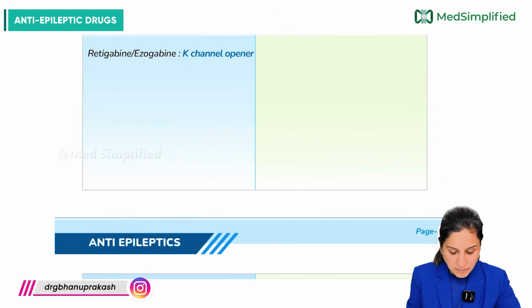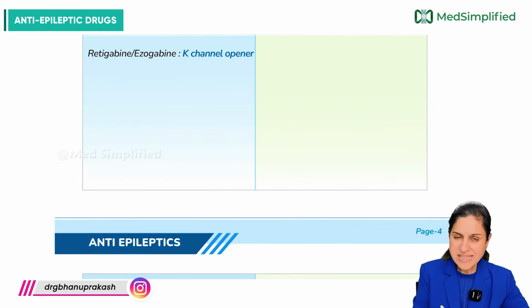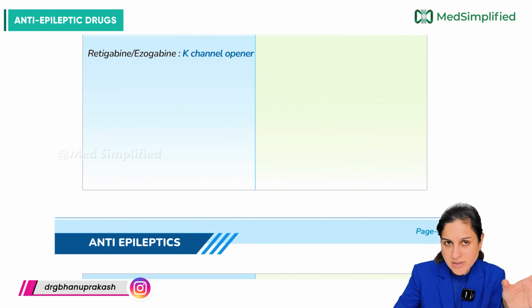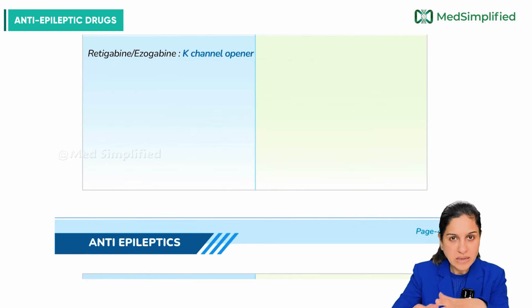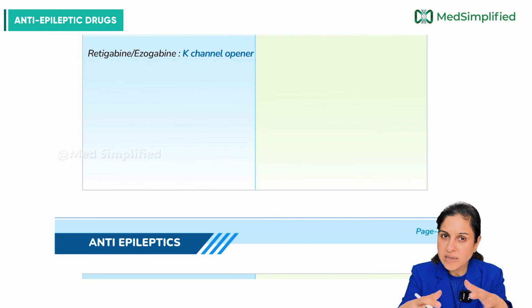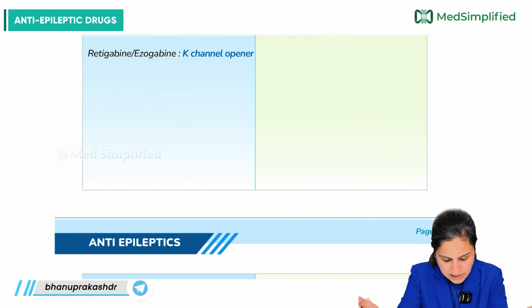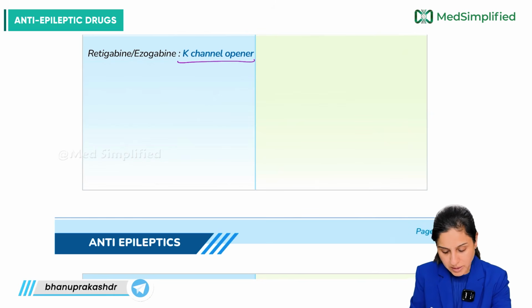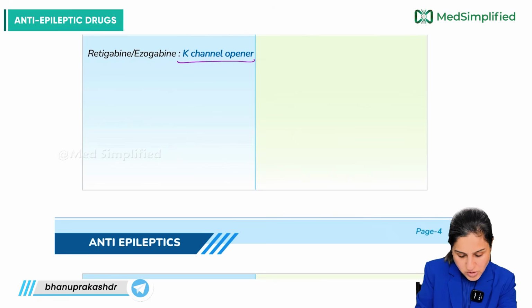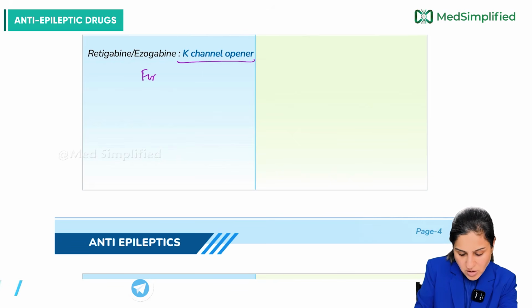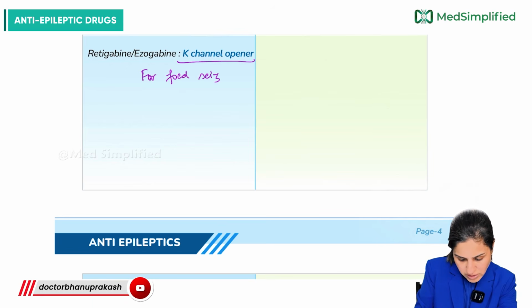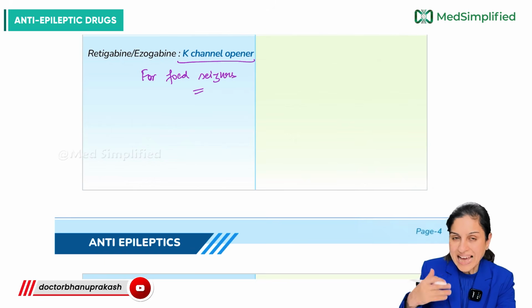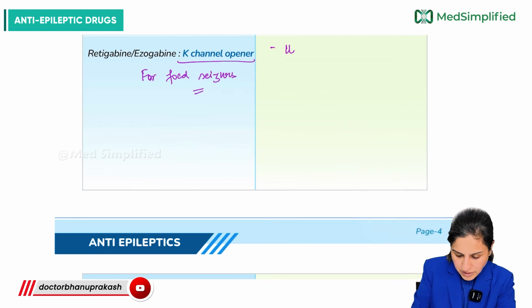Then we have retigabine or ezogabine. It's the same drug; in Europe and in the US the names are different. So either retigabine or ezogabine. It's a potassium channel opener, and this is a drug meant for focal seizures. The adverse effects: it can cause urinary retention,